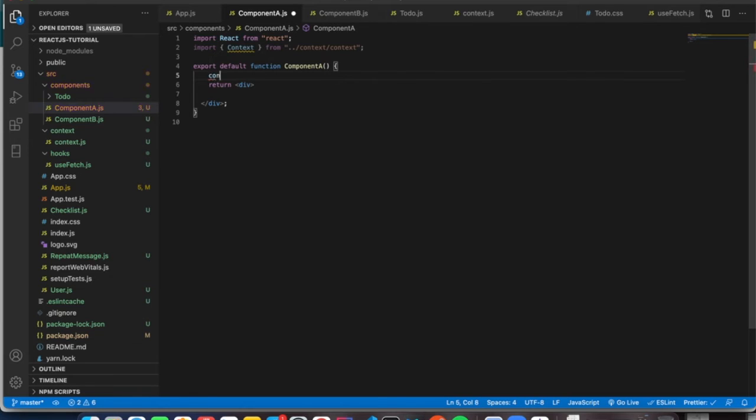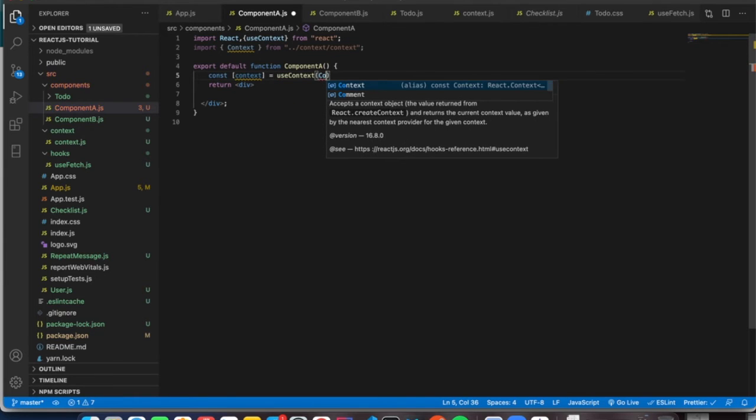Then we have to use the useContext hook from React in order to consume that context. This context will return two values, as I said earlier: one is context, and the second one is setContext. For now we will use the first context value.